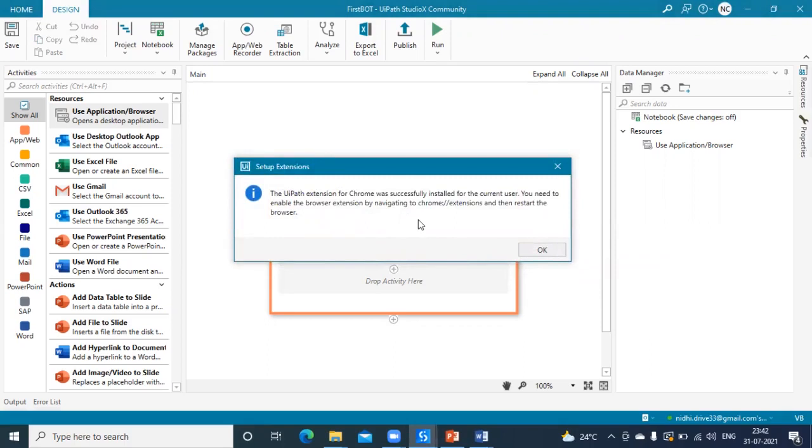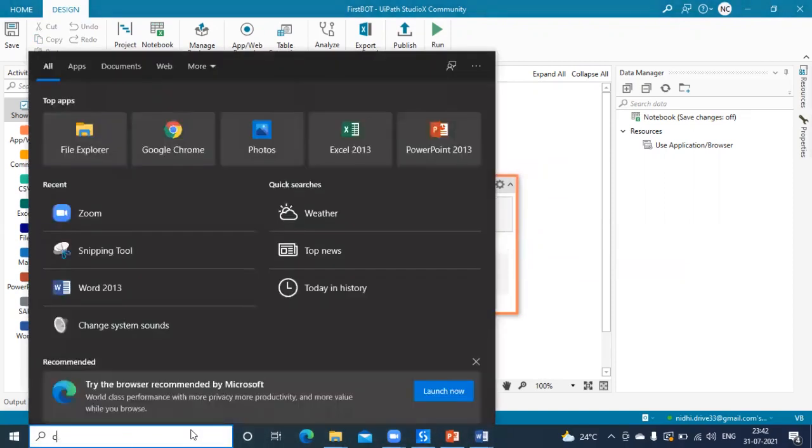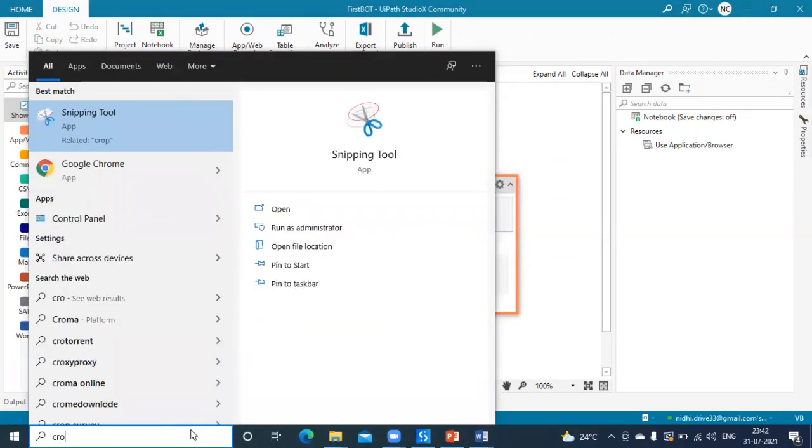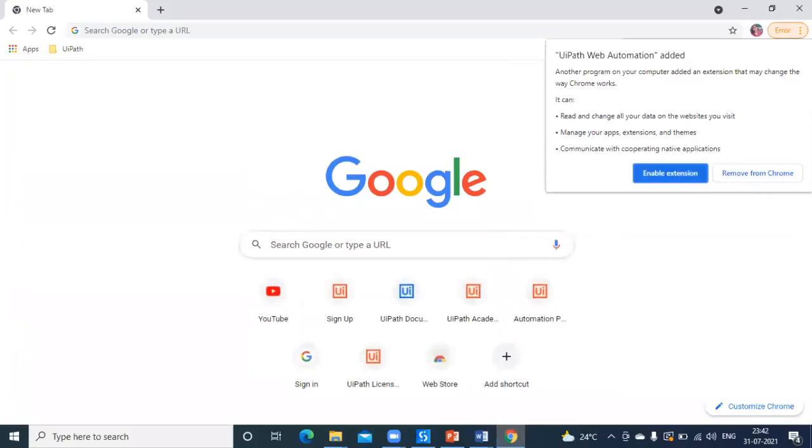So you need to enable the extension when going back to Chrome. Although the extension has been successfully installed, you just need to enable it. Let me go to the Chrome window again. You do not have to do much. The next time you open Chrome, you will automatically see a pop-up saying UiPath Web Automation has been added.